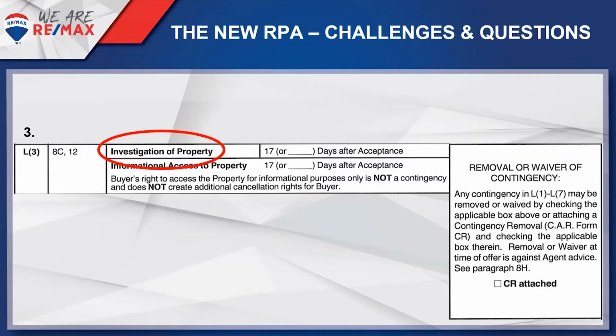And then after close of escrow, they discover a cracked slab. And then, of course, they don't remember that conversation. See, that's where the selective memory comes in. I don't want to call them liars. I do recognize that they sort of don't remember exactly what happened. So if it's not in writing, it didn't happen. Keep that in mind. So along with removing the physical inspection contingency portion of the investigation of property contingency,